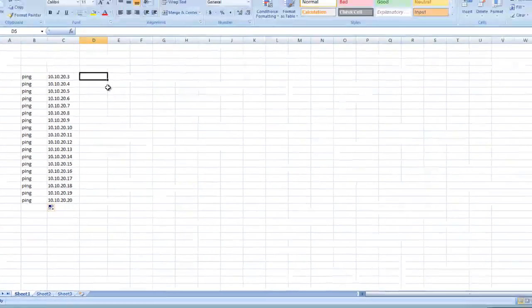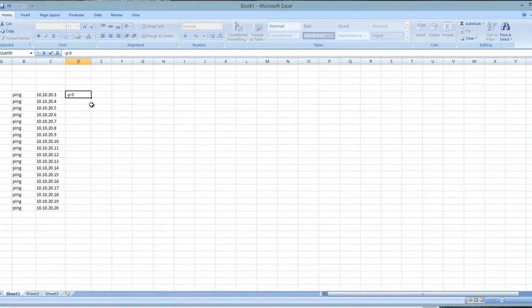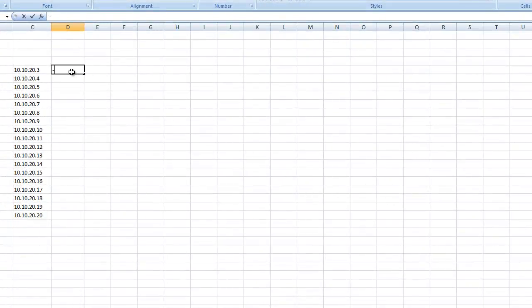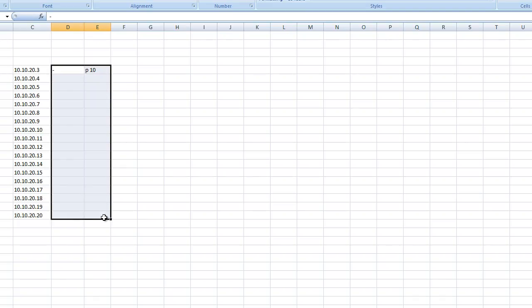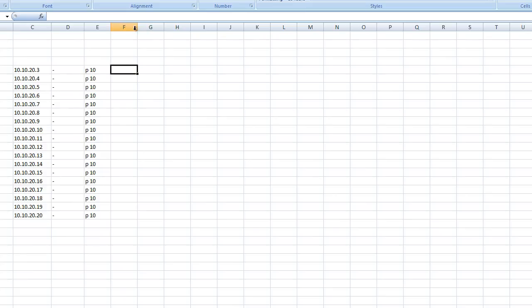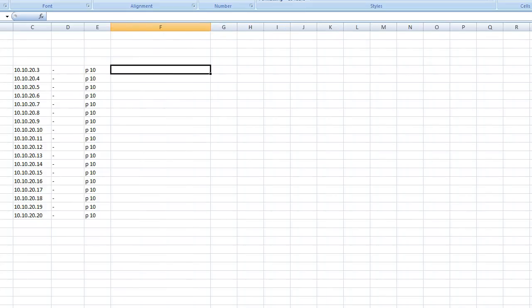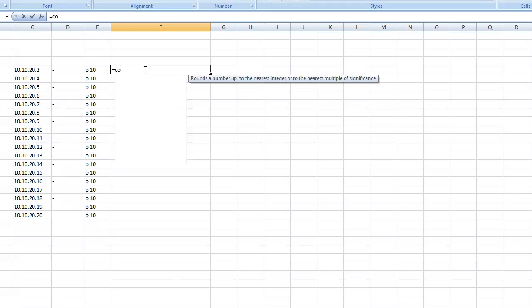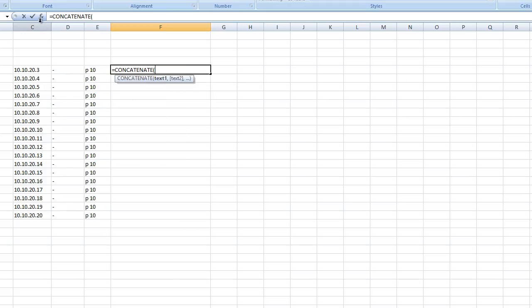And this is something where I want to give minus p 0, some kind of arguments on this, but it won't take it. Because when you put the dash here, Excel takes it as a formula insertion. So we'll just take it like this, and this would be common throughout the command. So we'll use Control D. Now here in this cell box or column, we need this command to run. So okay, equal to concatenate. What we can do is instead of going to the formula box here, we can just do it manually as well. It's very simple. Open the quotes, then comma. Comma will separate the cell value,